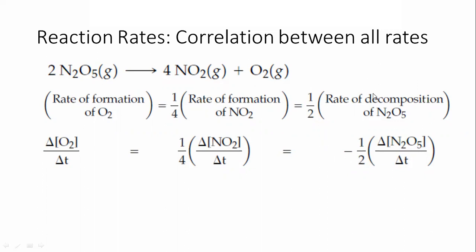So coming to the point, the rate of decomposition, again, the rate is the change in concentration. This is the delta change in concentration over change in time, but here the change in concentration is of N2O5, and this minus sign is giving you the information. This is the decomposition rate. Whenever it is the decomposition, it must be a reactant. When it is a formation, it must be a product.